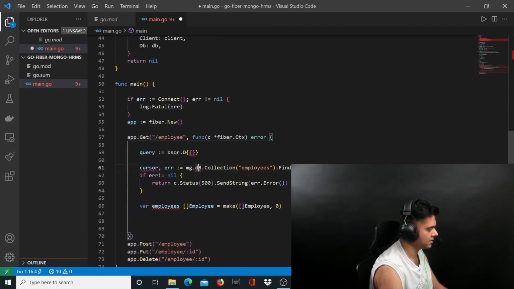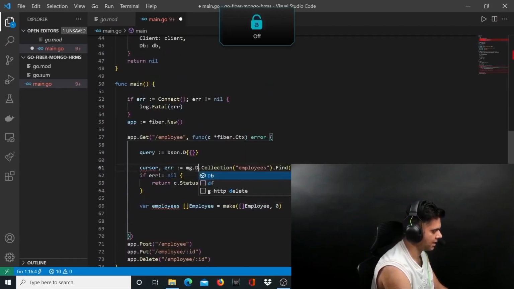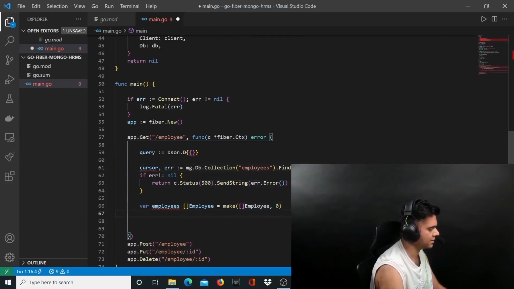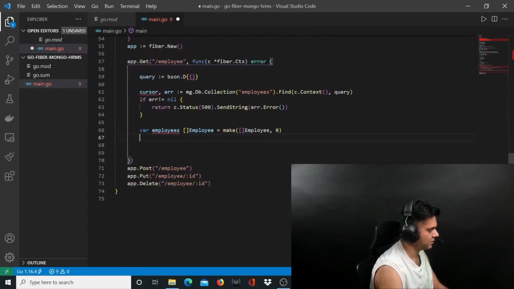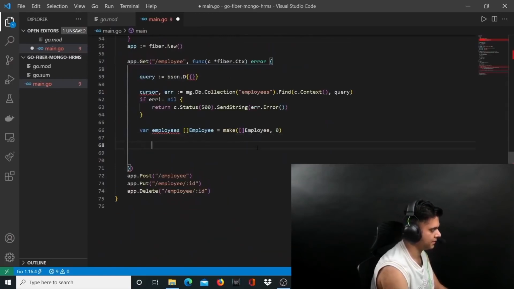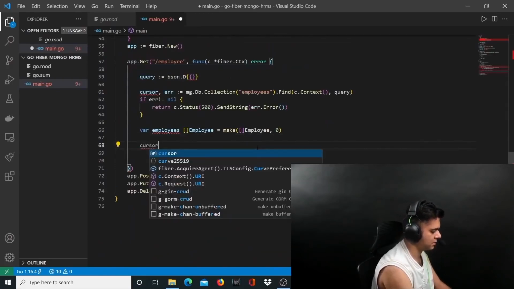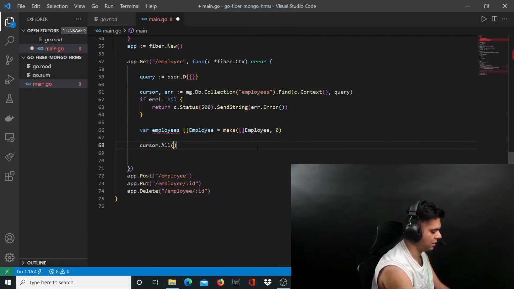And here also I see one small mistake: D is going to be capital, B will be small, and now Golang will understand it. So that's why the squiggly line quickly goes away. All right. So now what you want to do is say cursor dot All, c dot Context,